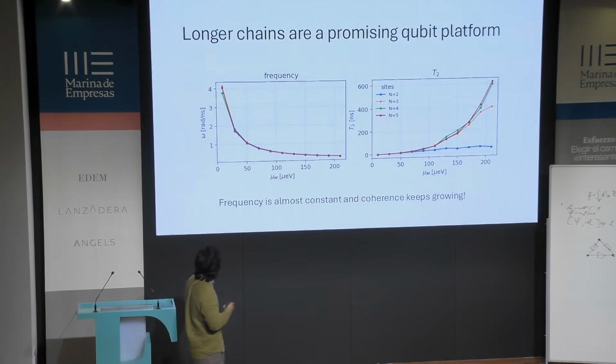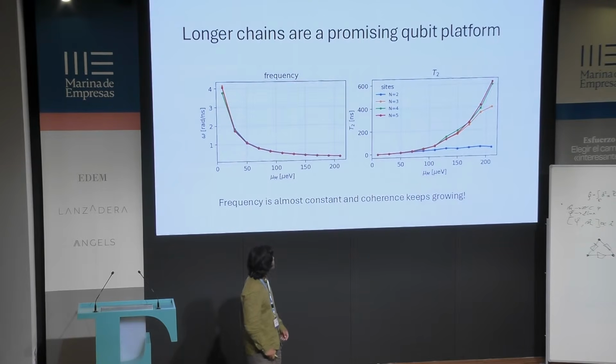And the first thing that I found is that as I move away from resonance, as my mu-m is bigger and bigger, the frequency decays because the oscillations become longer. But it kind of saturates at some point, so you can see that the change between 150 and 200 is not that big. But on the other hand, if you look at the T2, at the coherence time of this